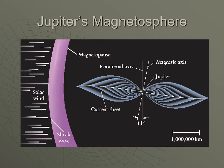It's way stronger than Earth's magnetic field. And that means that the radiation belts around it, kind of like the Van Allen belts around Earth, are going to be vastly more intense. But Jupiter rotates much, much faster than Earth, and so the magnetosphere is much bigger, and these Van Allen belts are going around Jupiter so fast